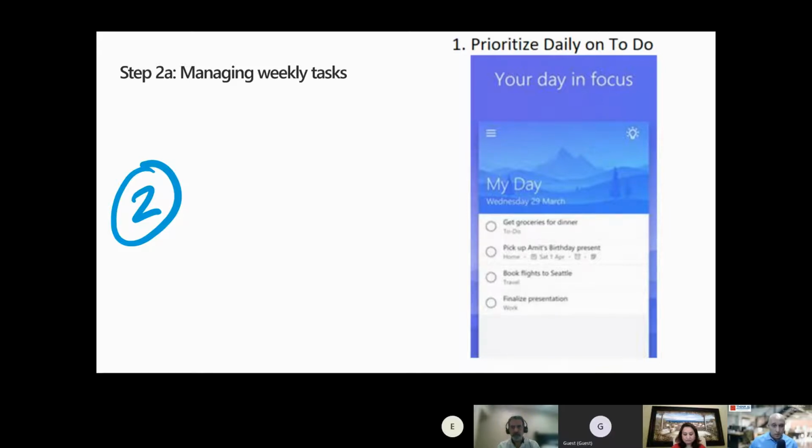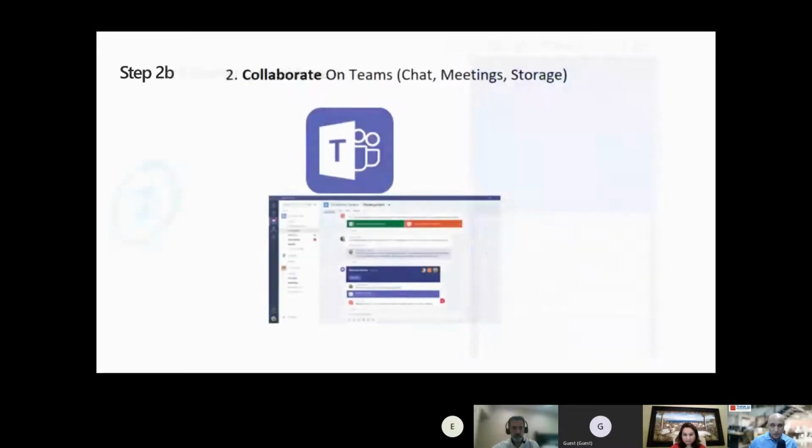So the step two after everything is to step back and push it on a weekly level, where you can also put it on Teams for collaboration, and it can have a link to your notes, chat, email, documents, everything. So the trick I have is, if there are multiple things, email and the document and the CRM, I put all three links in one message and paste it in Teams. So quick links from there.